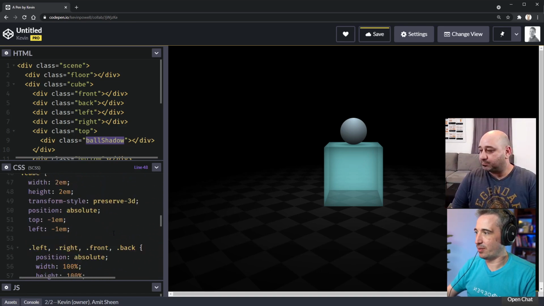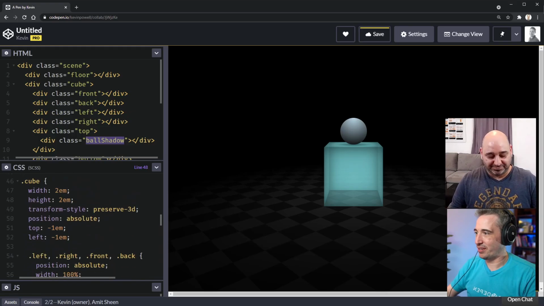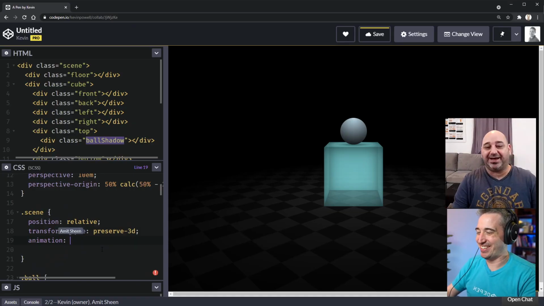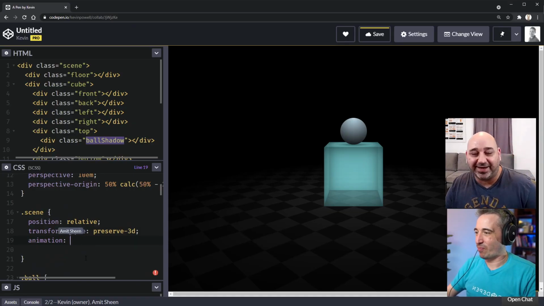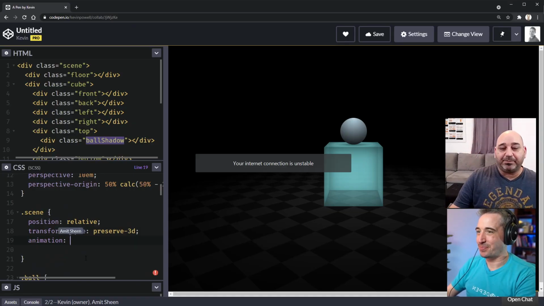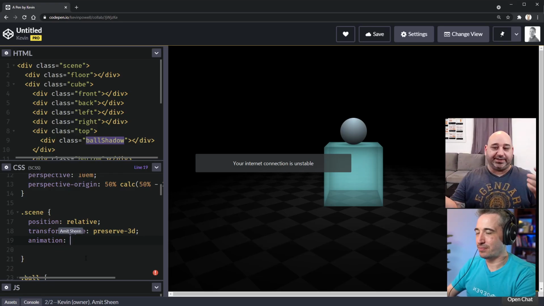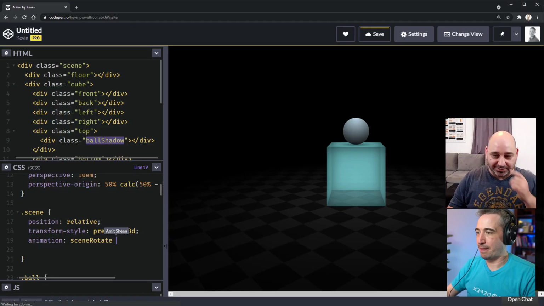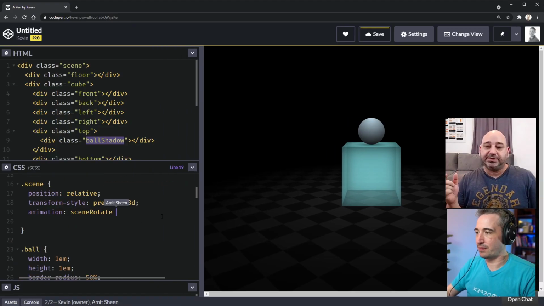Line 40, sorry, I'm trying to find the right line. 48. 19. Oh, 19. Whoops. Oh, there we go. Animation. Awesome. Okay, so you're here? Yep. Let's call it scene rotate, or whatever you want to call animations. Perfect. You use the speed,